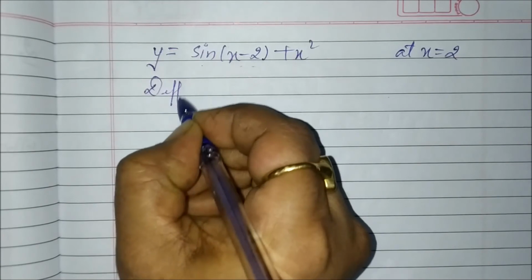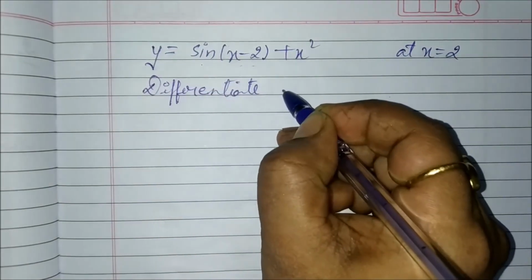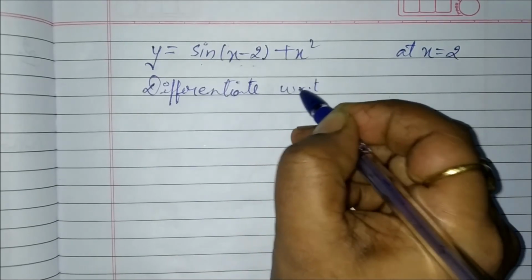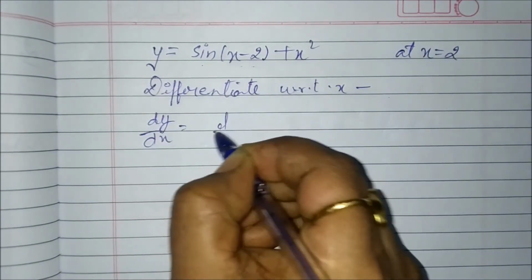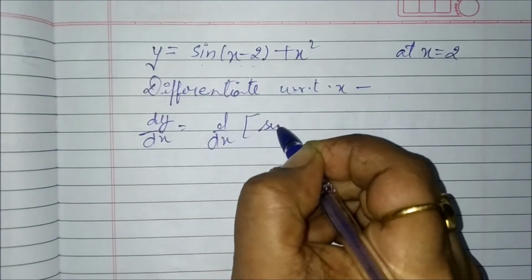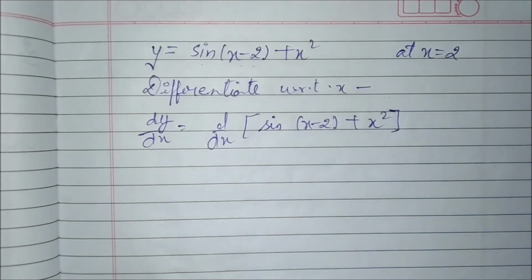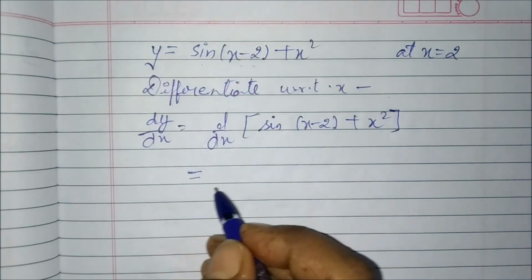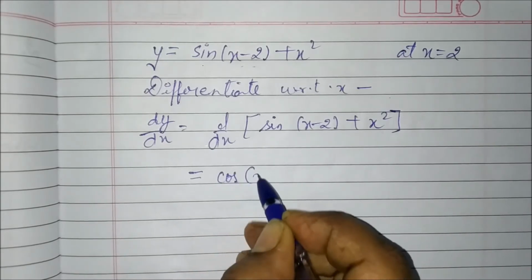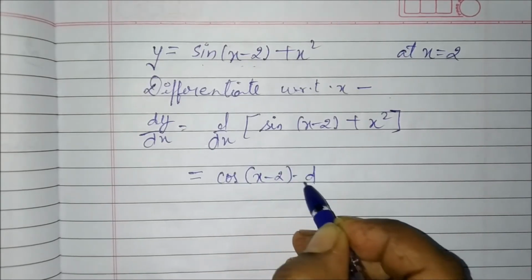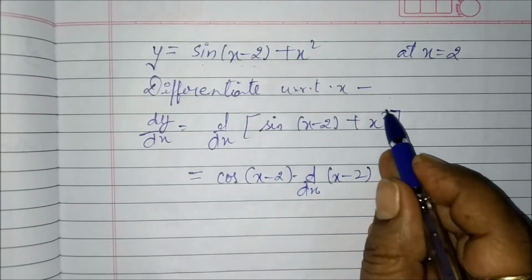As we are doing in the same way, differentiate with respect to x. dy/dx is equal to d/dx of sin(x − 2) + x². Now the derivative of sine is cos. So cos(x − 2) into d/dx of (x − 2) plus d/dx of x²